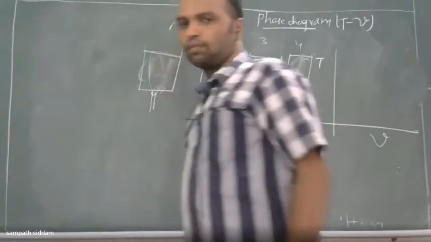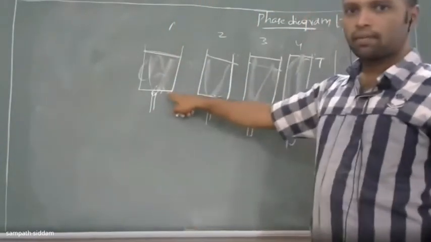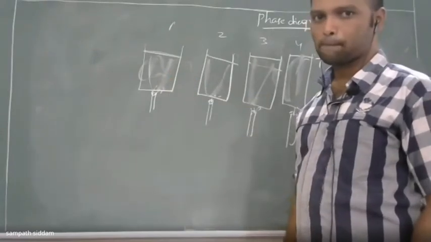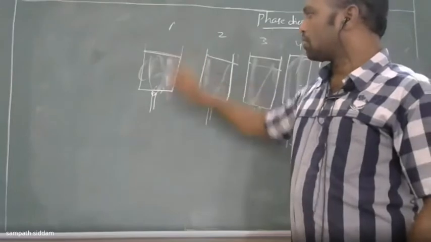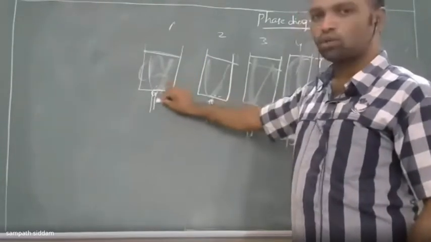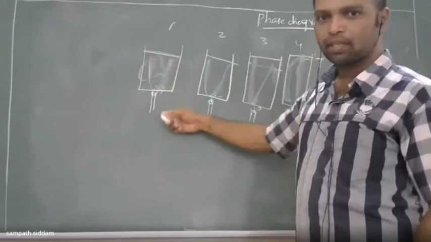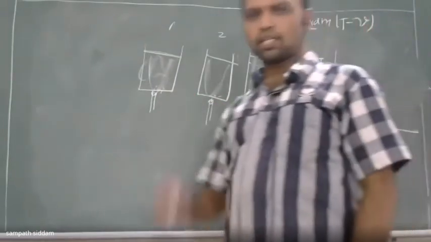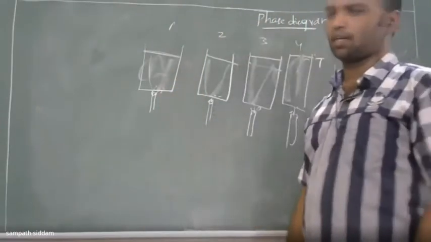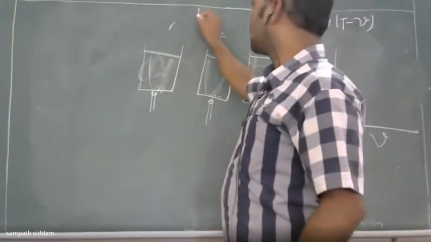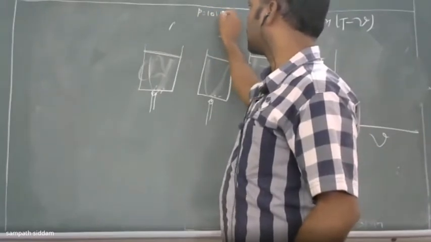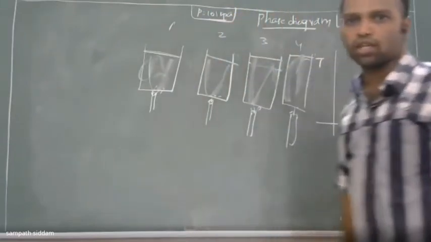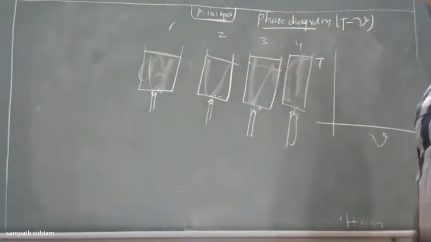Right. So in the first case, if you observe the figure, the liquid is filled in the cylinder. There is a piston over here, and I'm going to give heat continuously from the bottom. While I give the heat, I'm going to maintain the pressure as constant. Let me take the pressure as atmospheric, 101 kPa. This pressure will be constant.